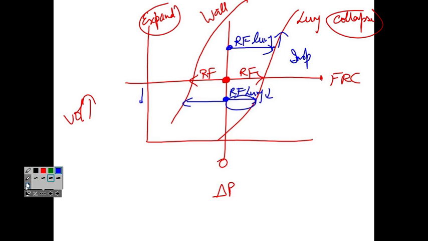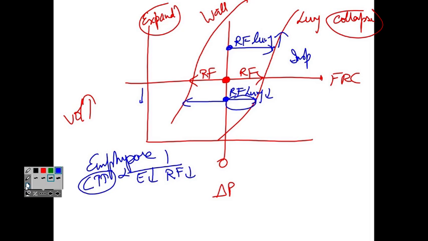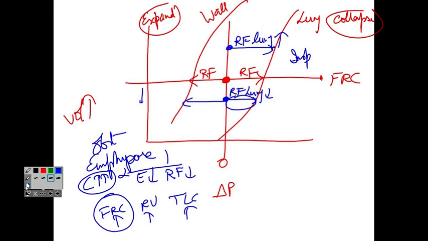So let's apply this to emphysema and fibrosis. In emphysema, we already know what's the problem. Alpha-1 antitrypsin deficiency, elastase activity increases, elastic tissue is less, recoiling force is less. As a result, what will happen to the compliance? Increase. What type of a disease? Obstructive. Therefore, air gets trapped, FRC and residual volume increase, and as a result of that, TLC will also increase. So that's what's happening. But because FRC is increasing, their lungs are hyperinflated. So what will happen to the degree of stretch?